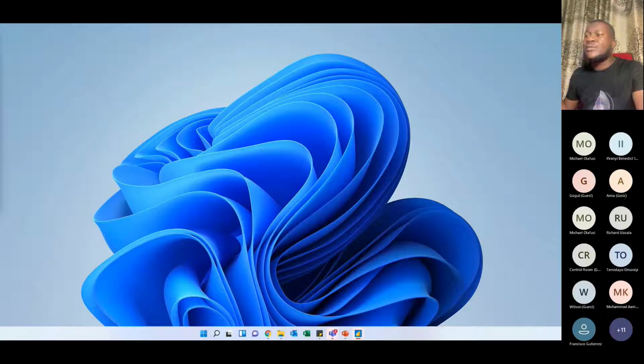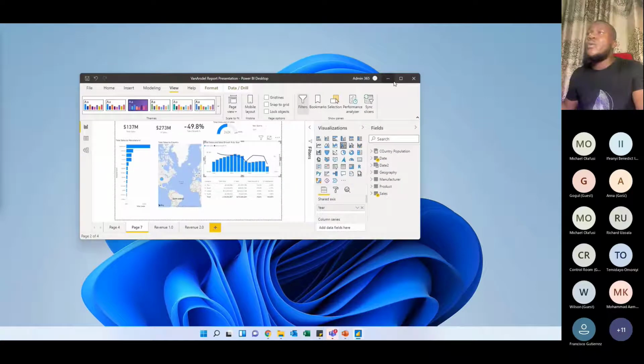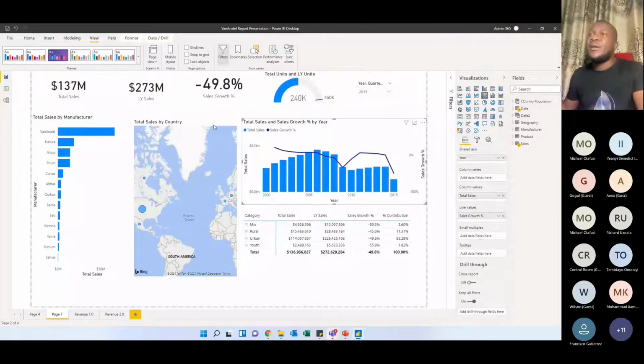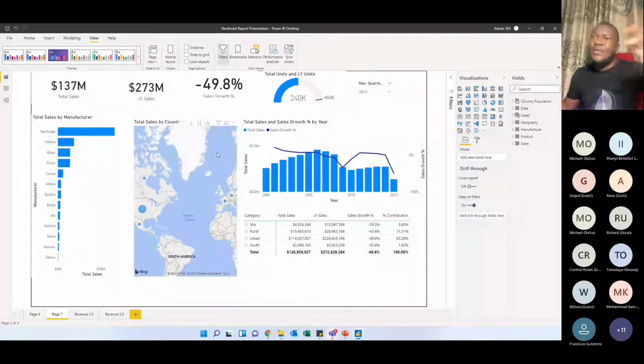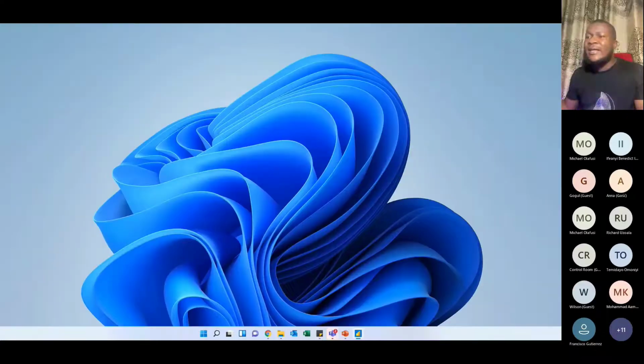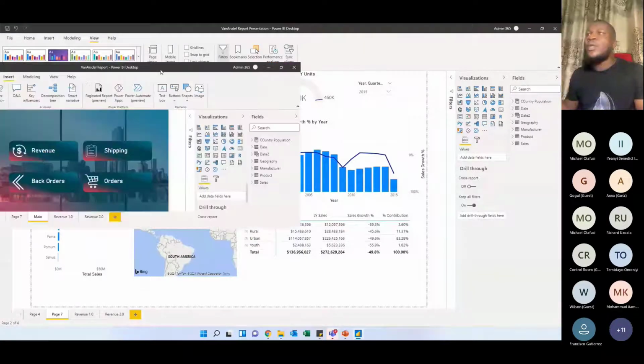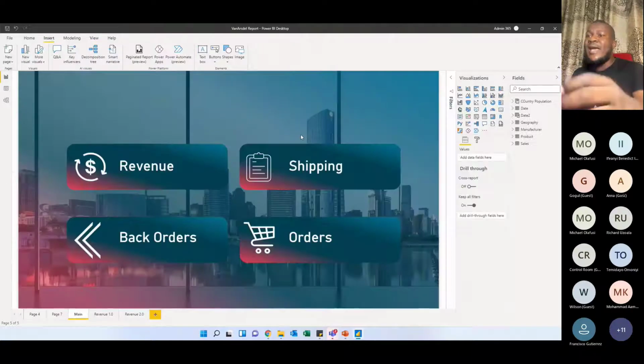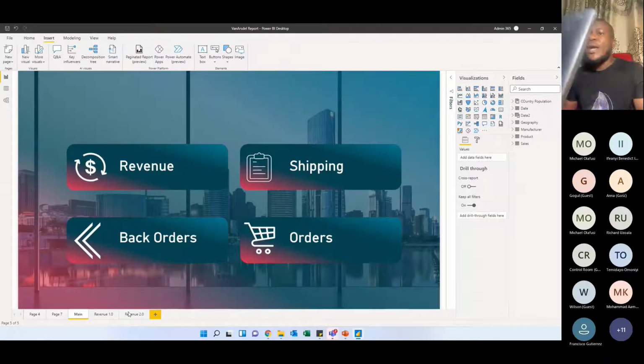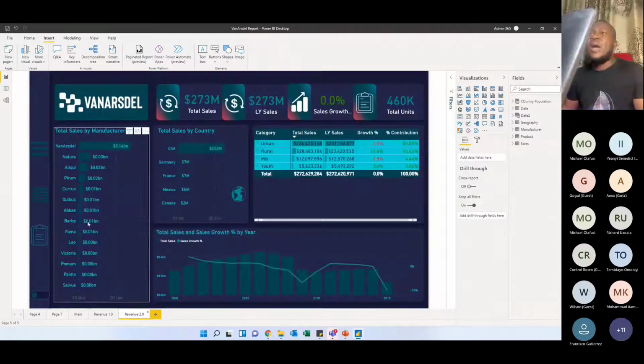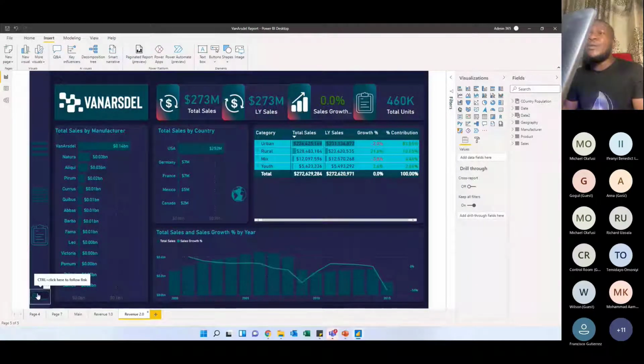So this is what I'm trying to achieve, right? We have this report, a report that we are maybe familiar with. This is just me dragging some of the visuals onto my canvas, and this is how the report starts out. We want to take this report to something like this, where you're able to see it in a more visually aesthetic manner that communicates